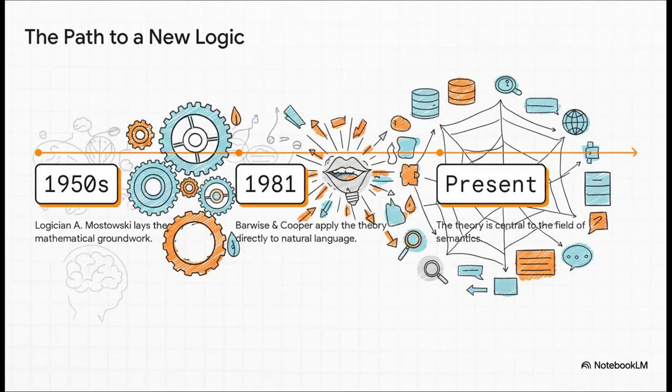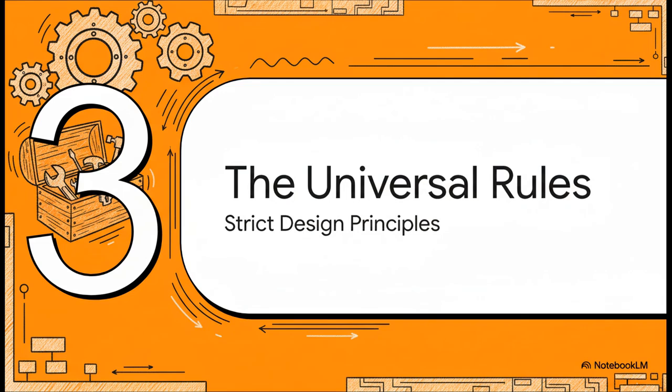Now, this didn't just happen overnight. The mathematical seeds were planted way back in the 1950s. But the real aha moment for linguistics came in 1981 when two researchers, Barwise and Cooper, showed how this abstract math could perfectly model real natural language. And today, it's an absolute cornerstone of the field. So, you've got this giant tool chest. How does it stay organized? You might think it'd be chaotic, but it's not at all. It turns out that all human languages, everywhere, seem to follow the same strict design principles for how these quantifiers work. They follow these deep, universal rules.